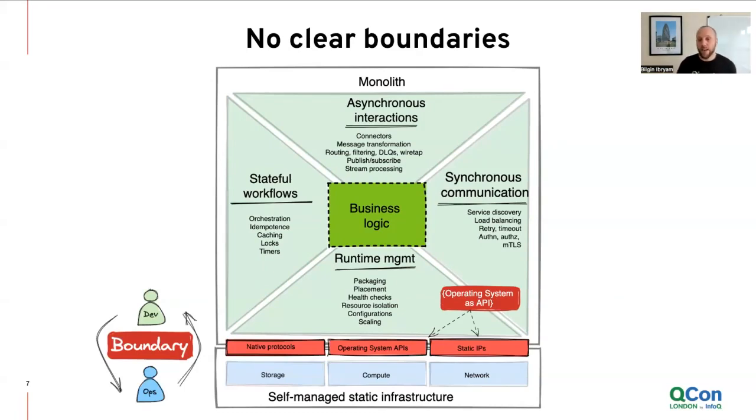And what about the interface and the boundary between these two layers and teams? I would say it was in the form of operating system abstractions. The ops team would give you a VM with specific capacity and maybe install Java or some kind of application server, and that would be it. There would be a list of static IPs and port numbers to refer to other services and databases. This is pretty much